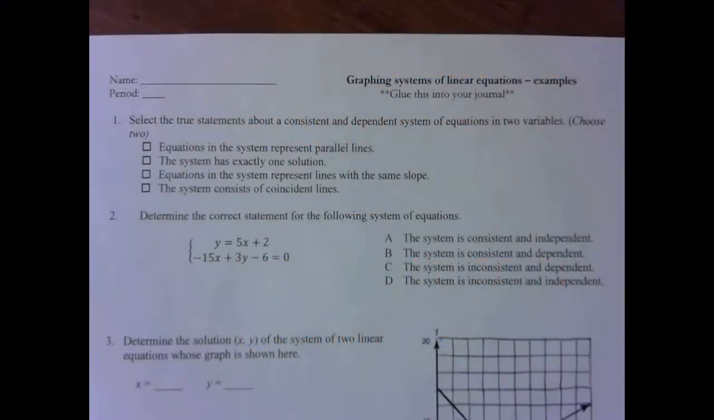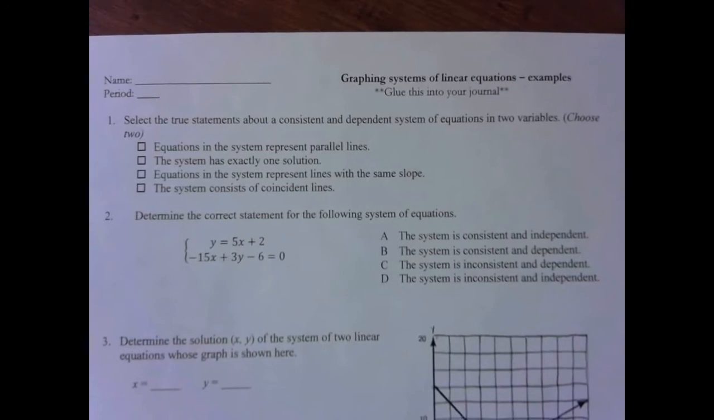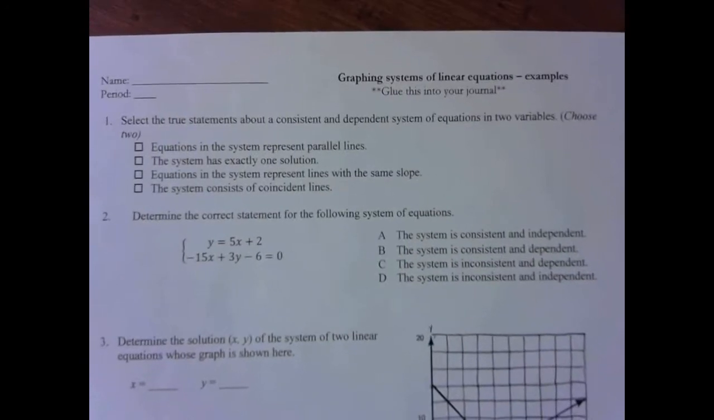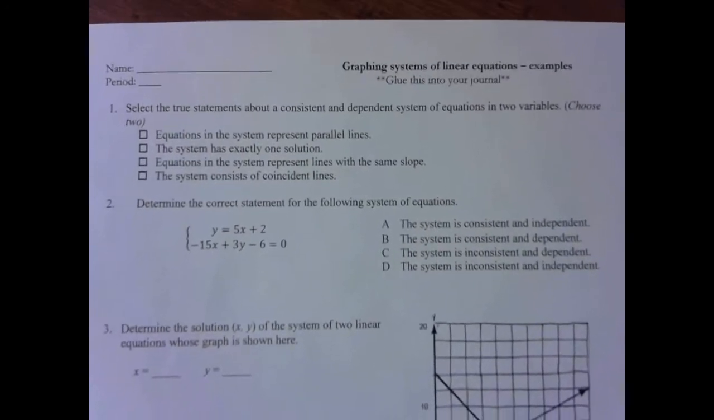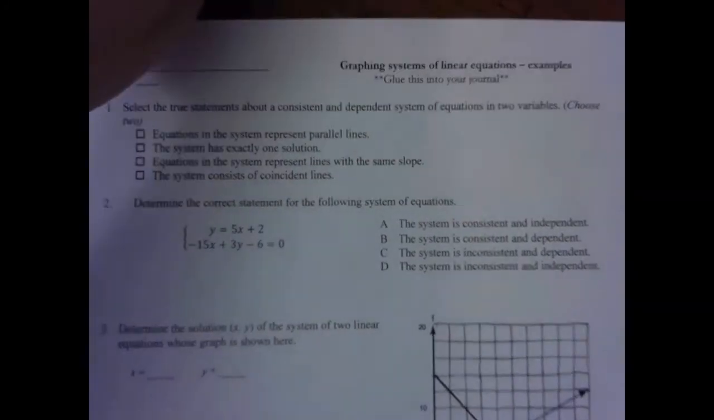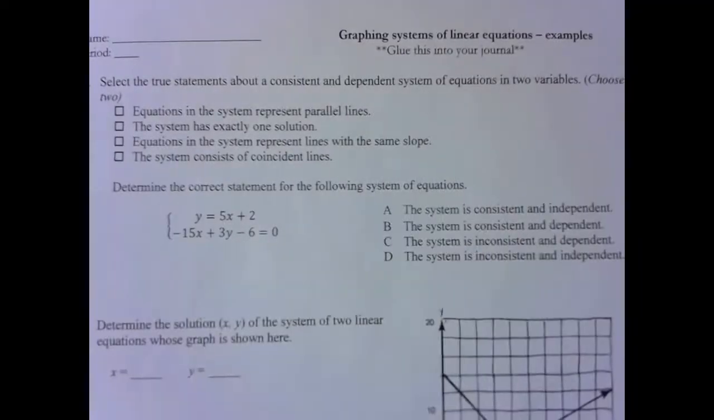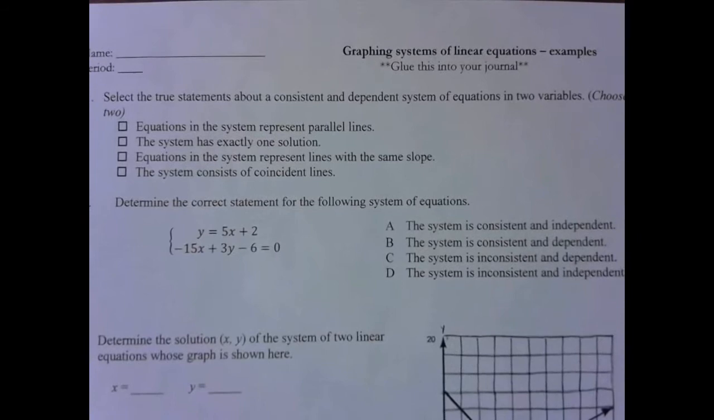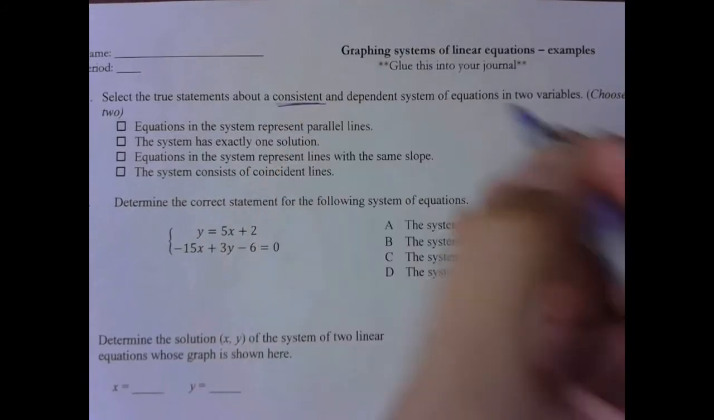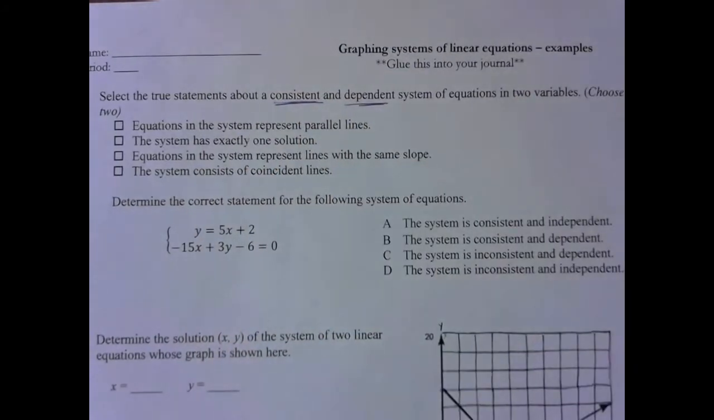All right, let's get started on those examples. Make sure you've got this paper before you start, and I'm going to zoom in so it's a little easier to see. There we go. All right, we need to find two statements that are true about consistent and dependent systems of